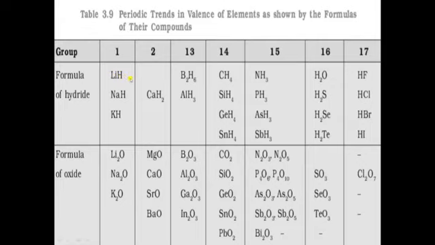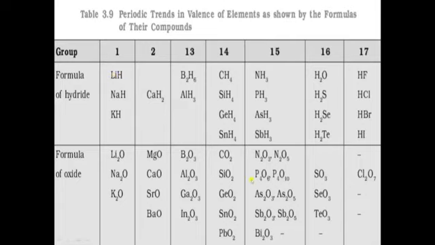When 2 atoms combine together to form a molecule, one is more electronegative, another one is less electronegative. So here if we compare electronegativity, you will observe that hydrogen is more electronegative, so it will show -1 oxidation state, and lithium is electropositive in nature, so it will show +1 oxidation state.